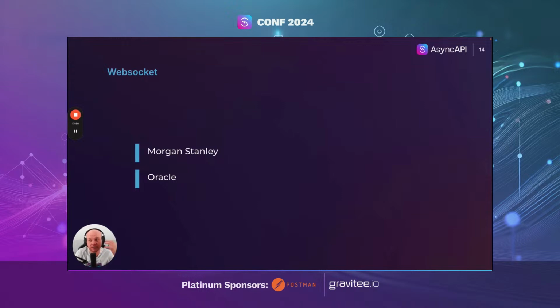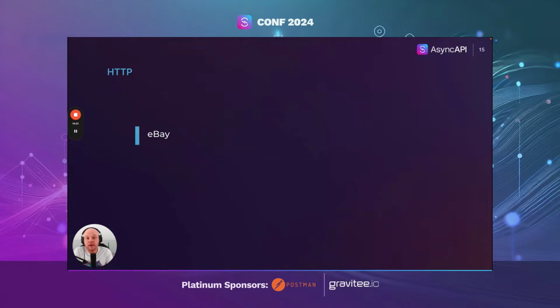So basically in case of Oracle, they expose the API where they provide a stream of events that inform anyone who's interested about the changes in the databases. So WebSocket and AsyncAPI, they match together perfectly.